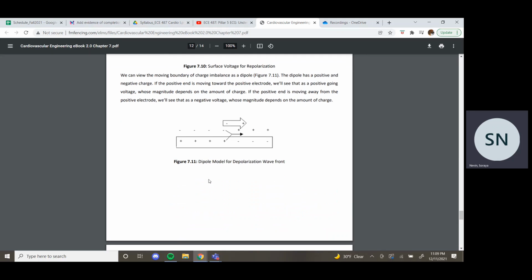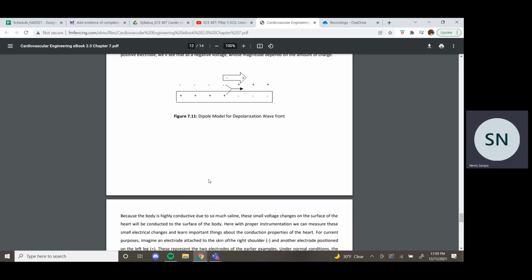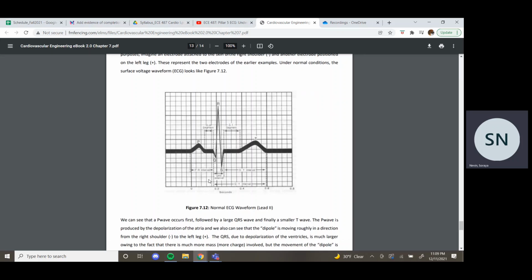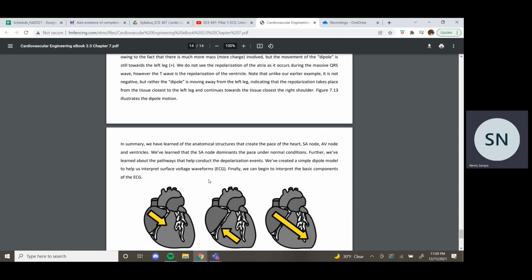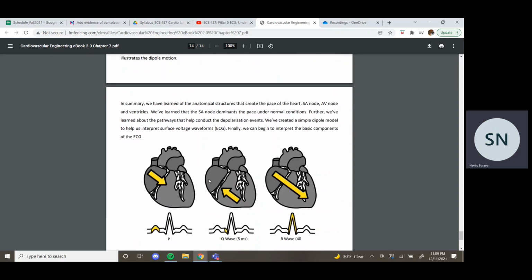In my previous video, I talked about how a dipole can represent the depolarization wavefront. I also talked about the ECG waveform. Now we're going to talk about why the P wave and the T wave are both positive when the P wave is depolarization and the T wave is repolarization. So like I just said, the dipole model